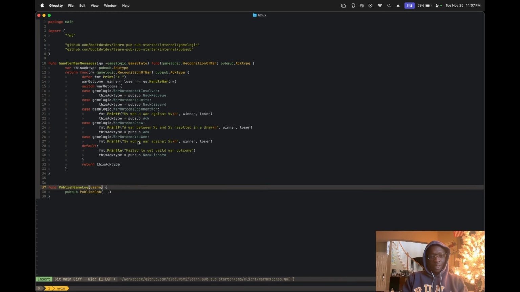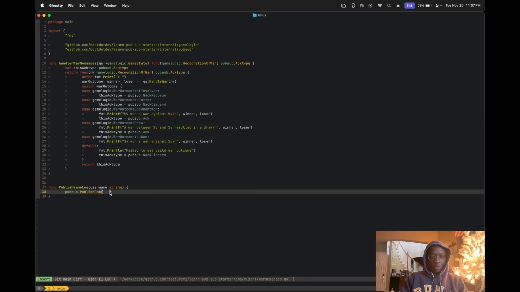I guess we need to pass the username in. Might be a string. So we can do routing dot game